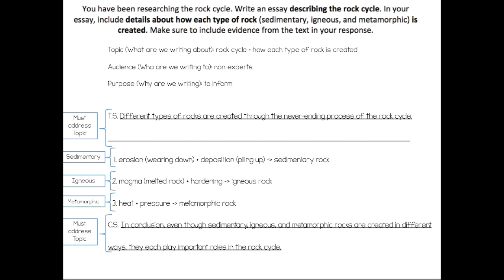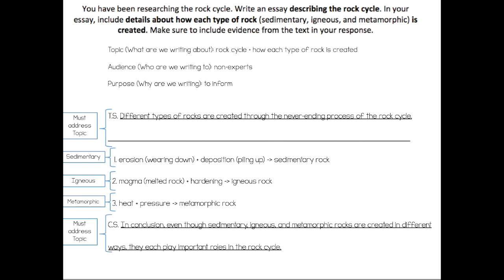Hey, fourth grade, we are here to finish up our essay for week 5 of DCPS distance learning. So make sure your outline is complete and you're ready to write your essay. Let's get started. Here is where we left off at the end of day 4, part 1 with our completed